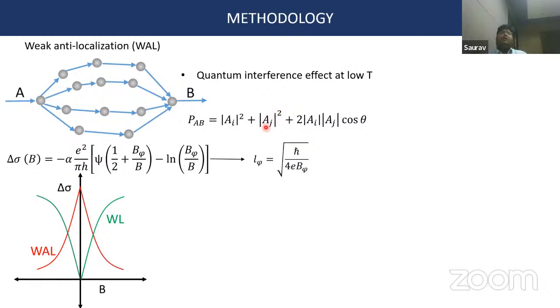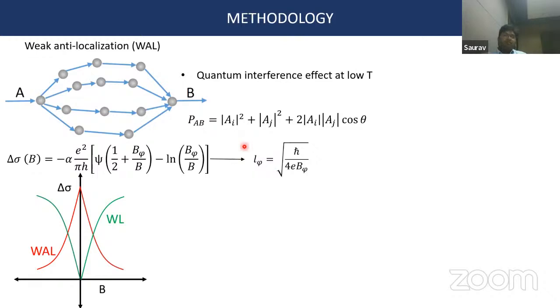Now, we can break that using a perpendicular magnetic field, and what we see is, depending on the material, whether it is spin orbit coupled or not, the conductance can either increase or decrease. If it increases, it is weak localization. In the context of topological insulators, it decreases, which is called weak antilocalization. Now, by fitting the weak antilocalization data with the well-known HLN equation, Hikami-Larkin-Nagaoka equation, we can estimate the phase breaking